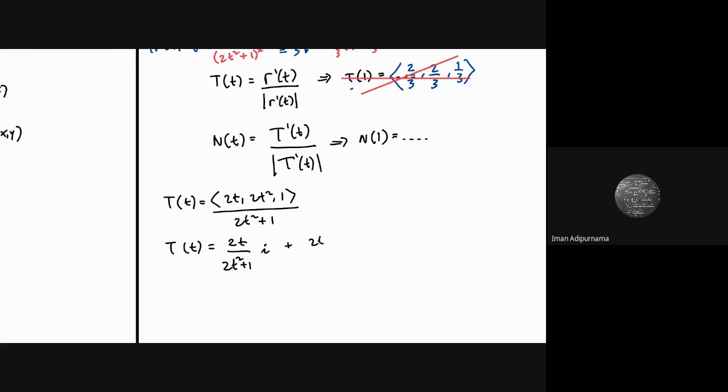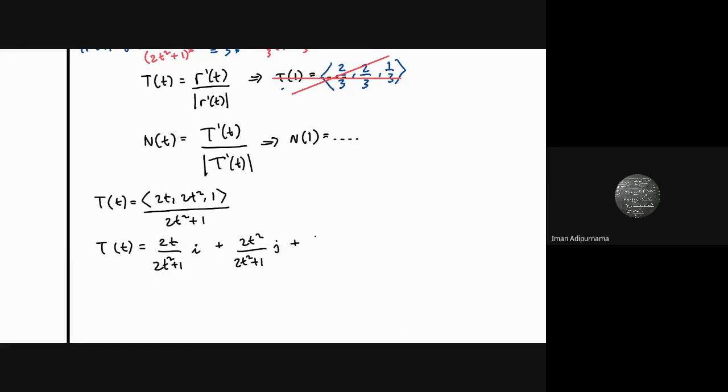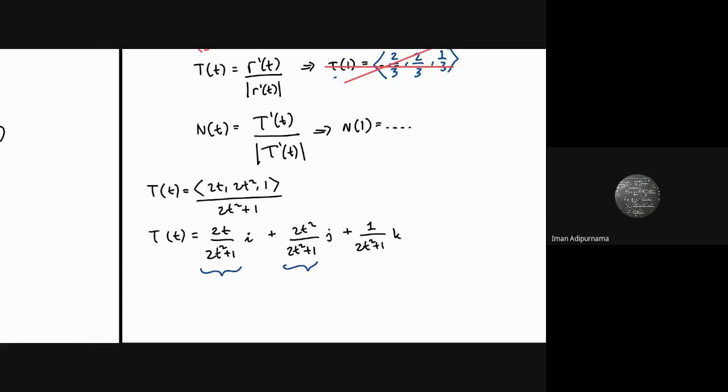Maybe you can change this to make it better viewing for your calculations. And for each one of them, use the quotient rule and find the T prime. You will get this is